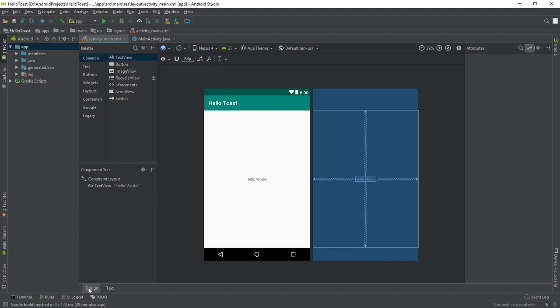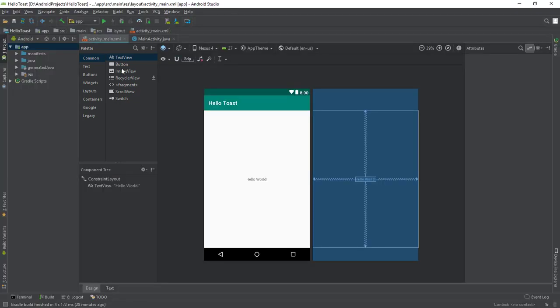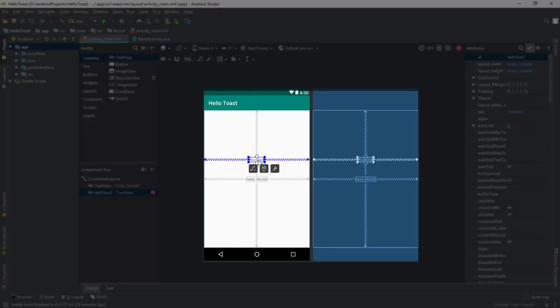Let's find the different ways in which the Hello World string's UI element, a text view, is represented. First, in the palette of UI elements, developers can create a text view by dragging it into the design pane. Second, visually in the design pane.